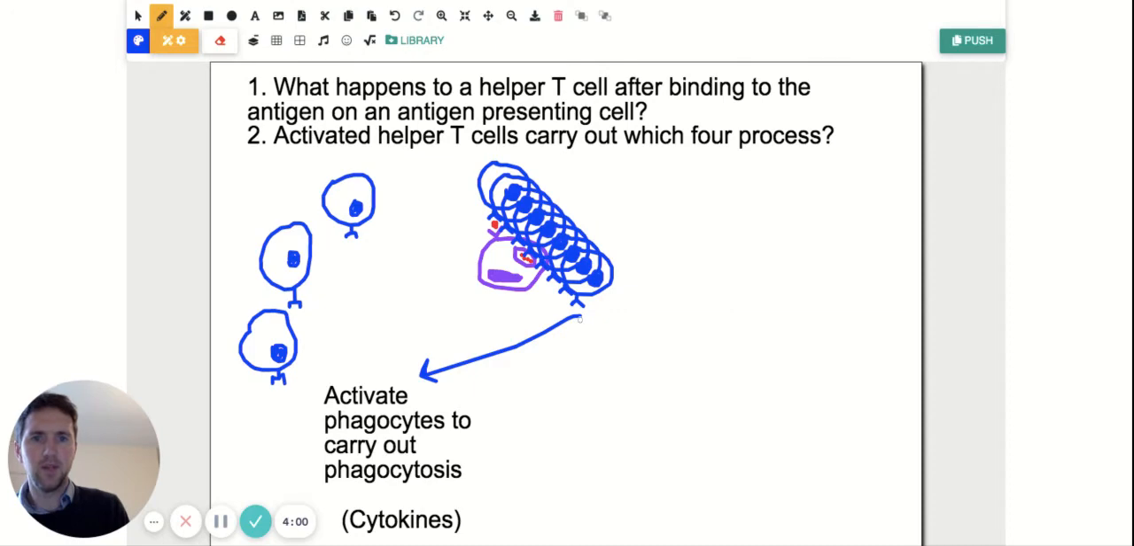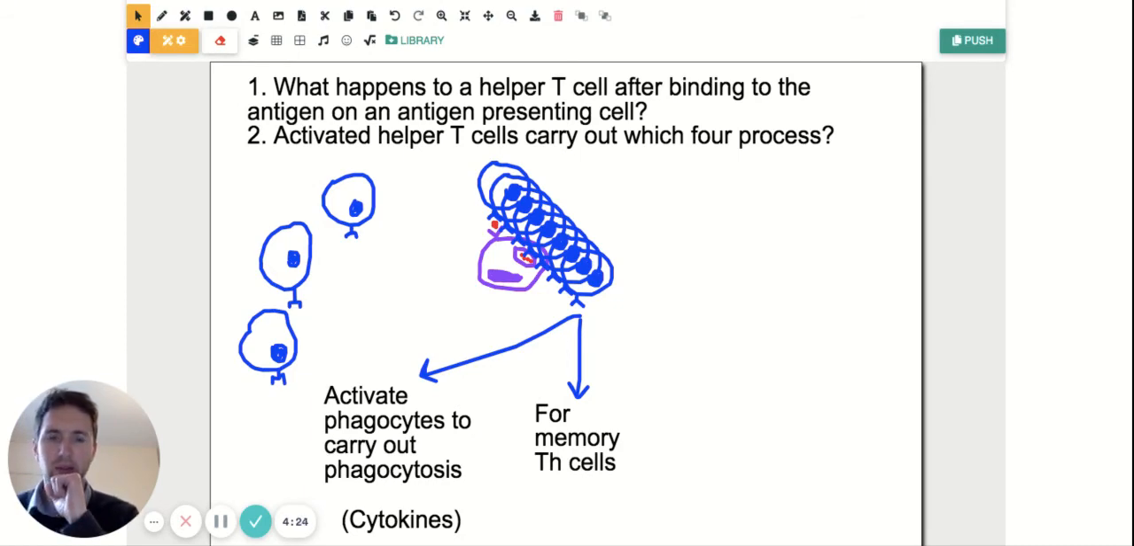Second thing that you should have: they form memory helper T cells. So they remain in the blood ready for an infection with that same pathogen. So you have a lot more of the helper T cells with that receptor in your blood, so you're ready to respond quickly the next time you're infected. Third thing,